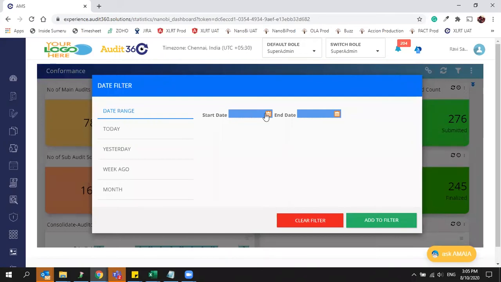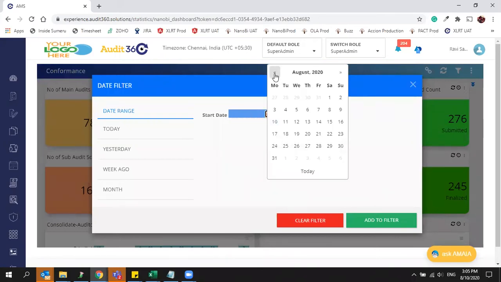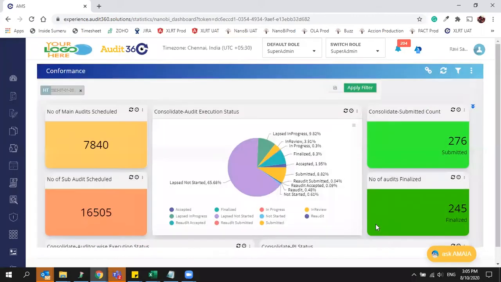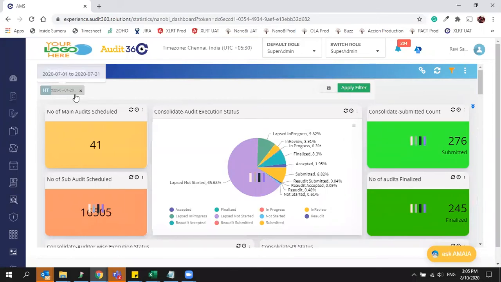If you want to see the entire 3 years data, you can go with the specific date range. If you want to see only July month data, you can choose July, add it as a filter, and apply that. Whenever you apply the filter, you can see only that month related data.